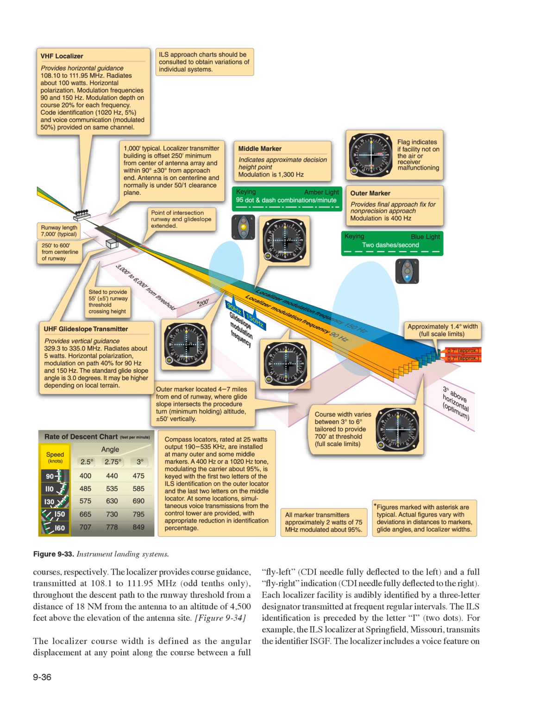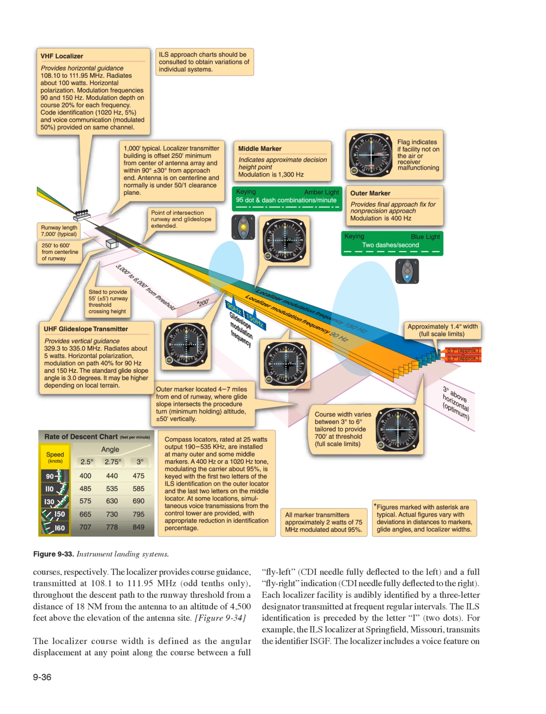courses, respectively. The localizer provides course guidance, transmitted at 108.1 to 111.95 MHz, odd tenths only, throughout the descent path to the runway threshold from a distance of 18 nautical miles from the antenna to an altitude of 4,500 feet above the elevation of the antenna site. Figure 9-34, the localizer course width is defined as the angular displacement at any point along the course between a full fly left, CDI needle fully deflected to the left,